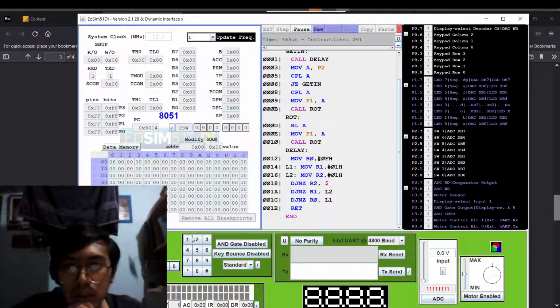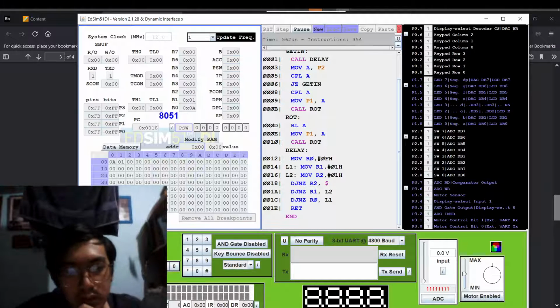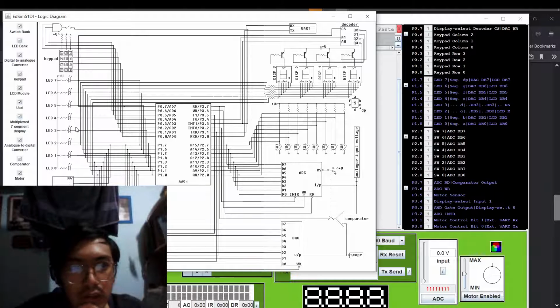I think since state A move B1, since our pins, our LED here is not outputting properly, we aren't actually pressing anything. So ADC, then touch it. Uh-oh, okay, I think